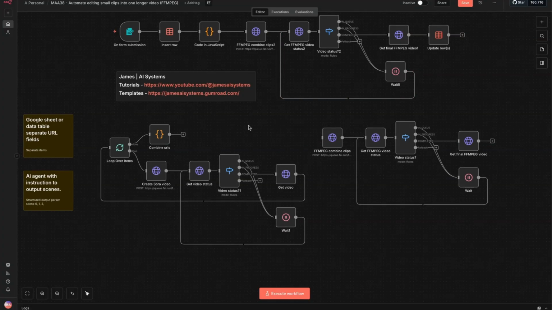I wasn't sure from the comment exactly what the input is, how those prompts are coming across, whether that's from an AI agent or from a Google Sheet or a data table. A couple of different ideas here. So if you have a Google Sheet or a data table with each of those prompts, or if you've got an AI agent that's had the instruction to output multiple scenes, just need to bear in mind that